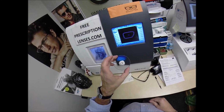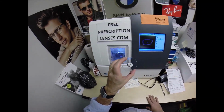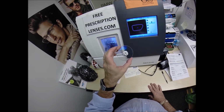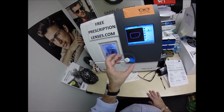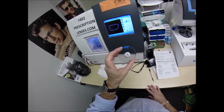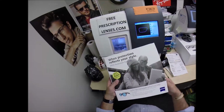Now this has a bluish hue, just like Crizal Sapphire does. That's because of the 8 coatings they put on, because it reflects back, it absorbs every color except that one. And that's what this does. It absorbs every color except that, so it gives it that bluish hue. Now, the Zeiss coatings, when protection reflects your style,